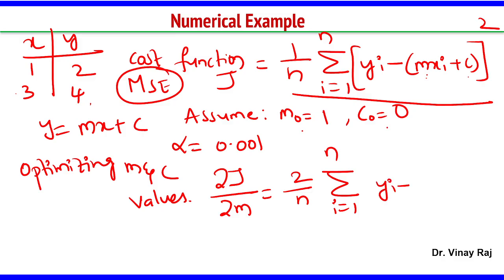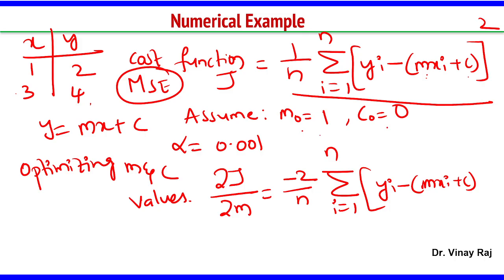This remains the same, yi minus mxi plus c. This remains the same, into the m value, so it is minus xi. It is because m becomes 1, c is constant so it becomes 0, y is constant so it becomes 0. So the internal derivative of this is minus xi. So if I write it clearly, it becomes minus 2 by n